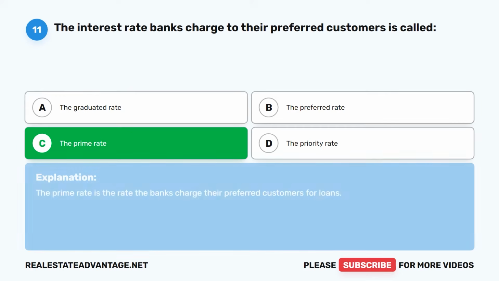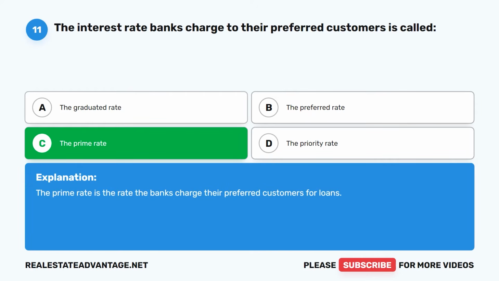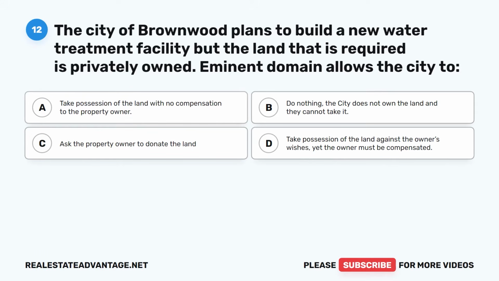The prime rate. The prime rate is the rate the banks charge their preferred customers for loans. Question 12. The City of Brownwood plans to build a new water treatment facility, but the land that is required